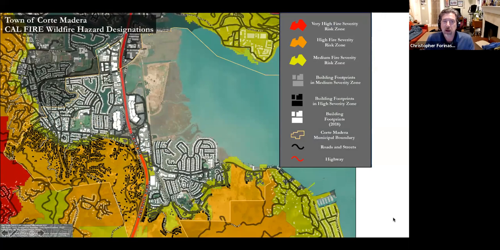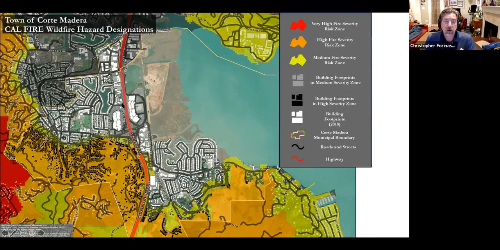This is a map prepared by CAL FIRE that shows wildfire hazard designations, the darkest red being the very high risk severity zone. It's off up the hillside from Corte Madera town limits, but you see significant parts of Christmas Tree Hill, Chapman Hill, and other hillside neighborhoods are in the high fire severity risk zone. Narrower bands further downhill in the medium zone, and then the lowest lying parts of the town are not rated for fire risk. That said,